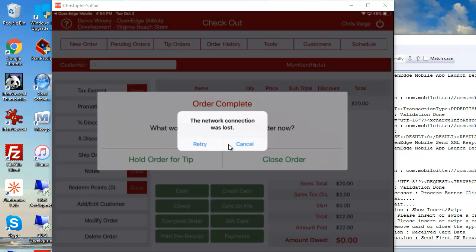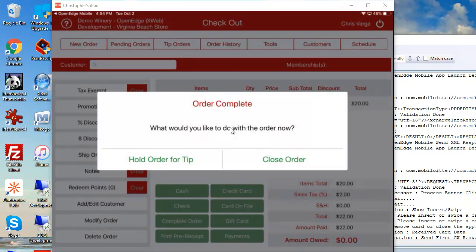All right, see, this is what I want to show you. I don't know where this message is coming from because actually this order was successful. It successfully authorized this card. But I get this all of a sudden started popping up when I upgraded to iOS 12. I can hit retry or cancel. It does the same thing. It doesn't do anything. So if I go ahead and close the order,